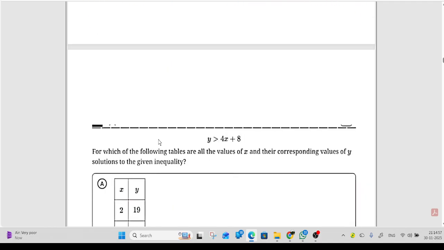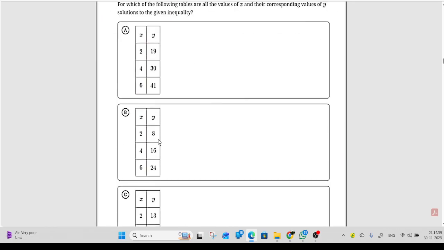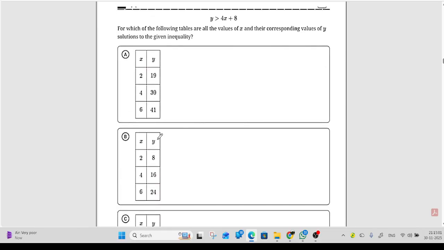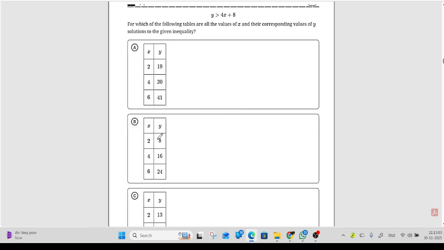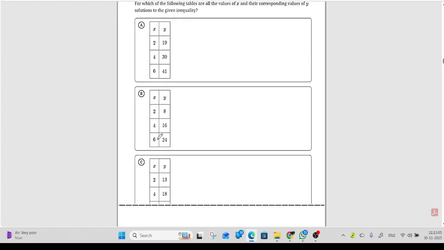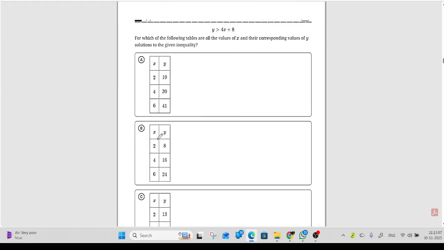Let's see the next question. For which of the following tables are all the values of x and their corresponding values of y solutions to the given inequality? Okay, so basically,